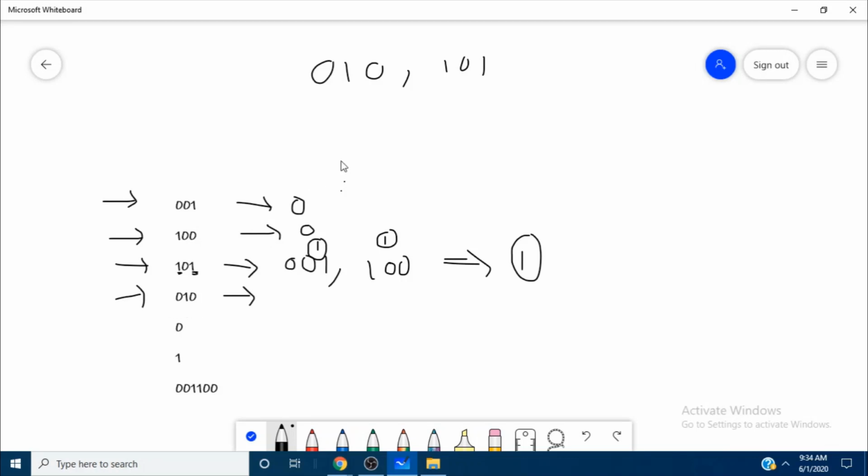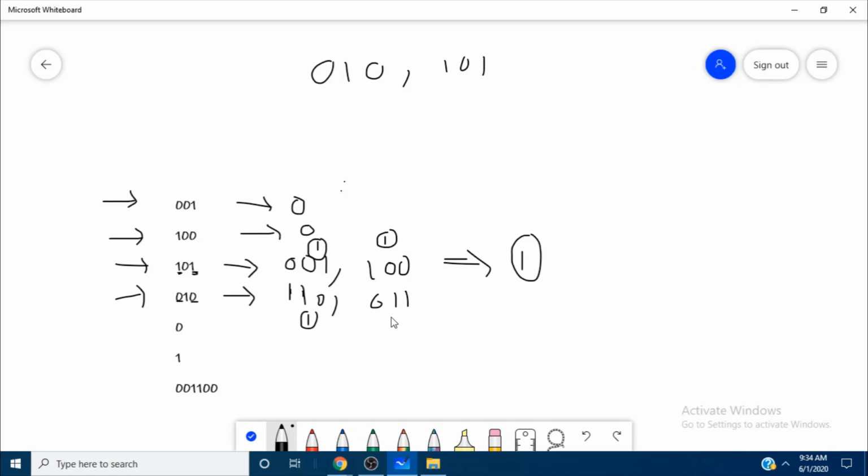Now this one, 010. It is the same as 010, so it is not good. We need to convert this string. How can we convert it? We can convert this bit or this bit to 1. So it will look like 110 or it will look like 011.